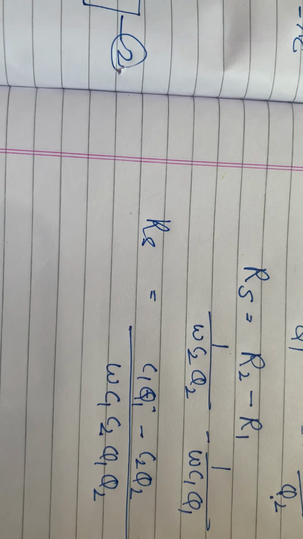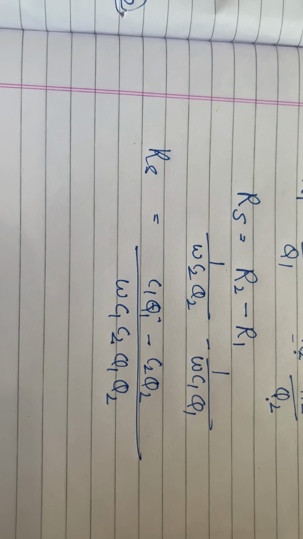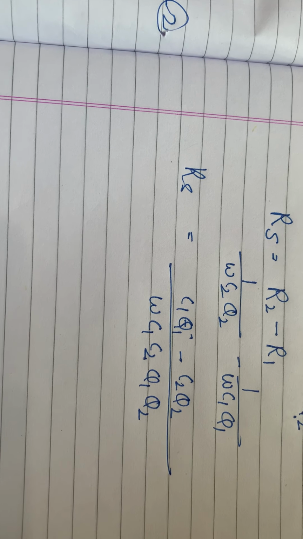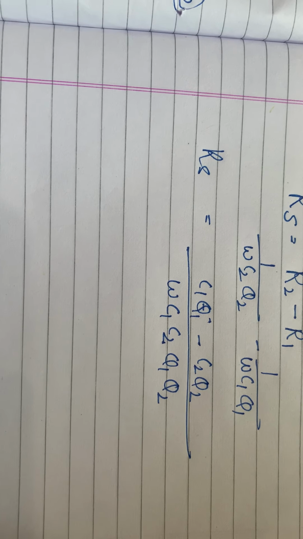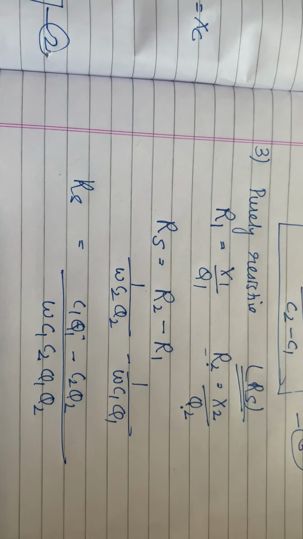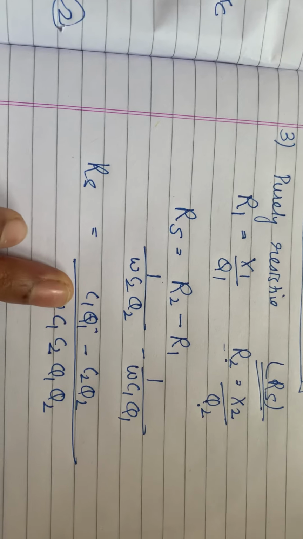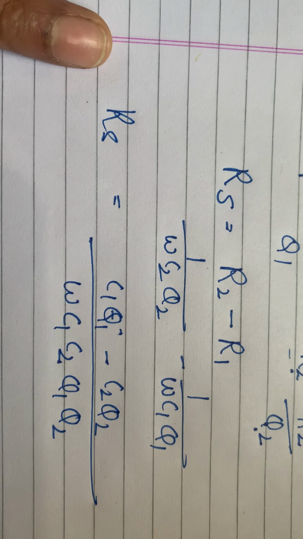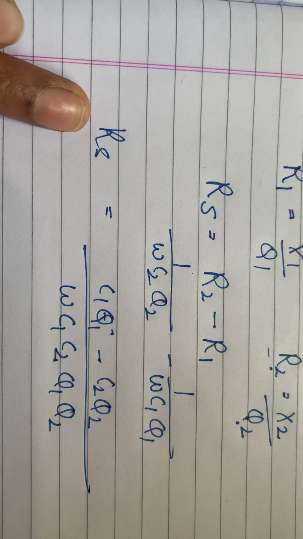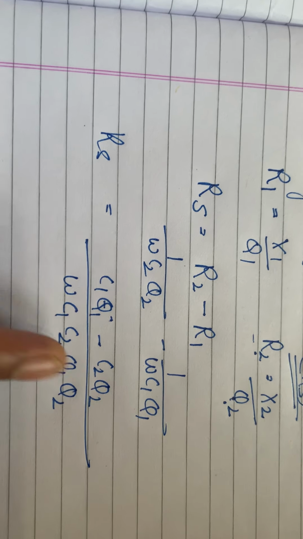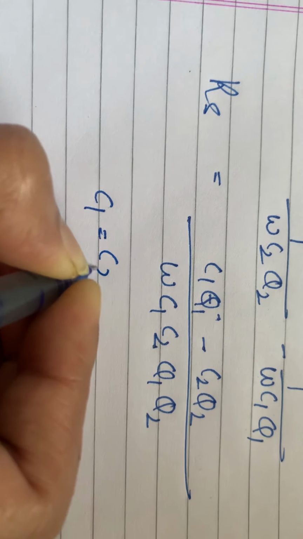Now students, a very important point which we had already discussed. When the impedance is purely resistive in nature, there is no change in the tuning capacitor, because the tuning capacitor changes only when the unknown impedance comes into the picture and it is reactive in nature. If it is resistive in nature, C1 is going to be same as C2. So C1 is equal to C2.